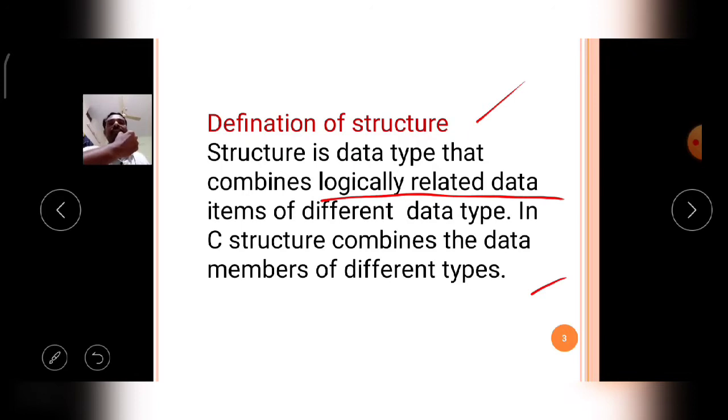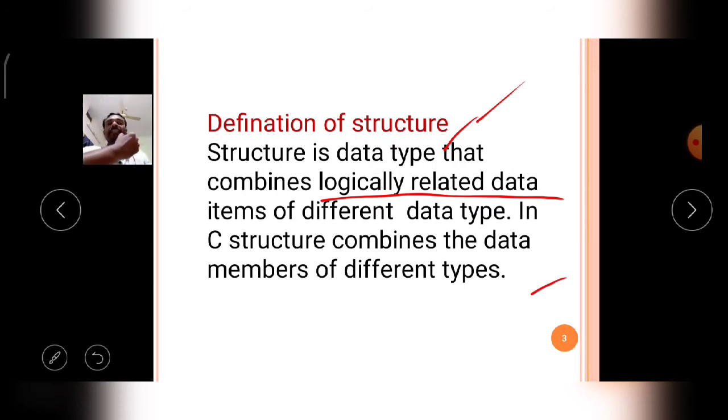This is the definition of the structure. Observe carefully: structure is a user defined data type, so the structure concept comes under the user defined data types section.